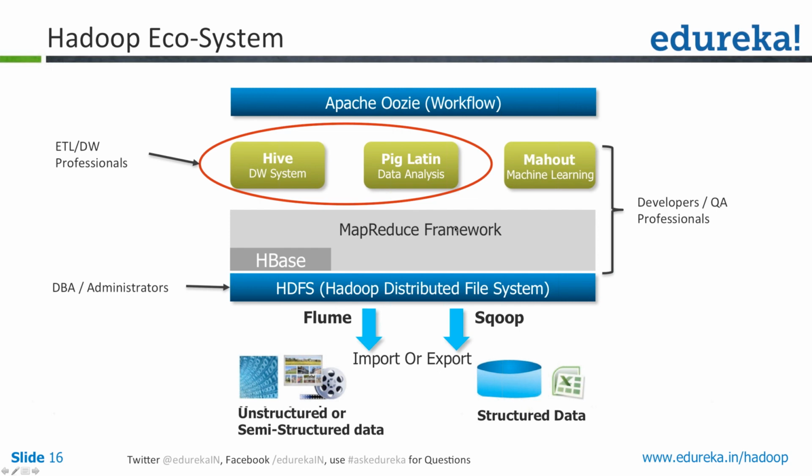But you can just instantiate a library, and you can say that, okay, this is the data which I have, and this is the kind of analysis I want to do. So there are inbuilt libraries for recommendation, clustering, classification in Mahout. Then there is a tool called Oozie, which is used to manage all this workflow. So if you're running, say, thousands of jobs, you can manage that very easily using Oozie. So these are the various typical components in the Hadoop ecosystem.